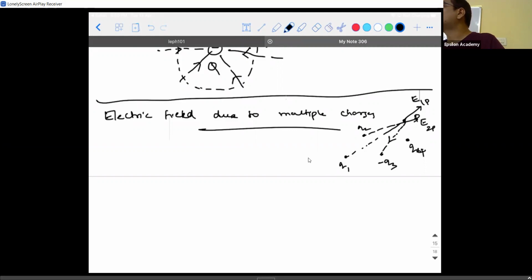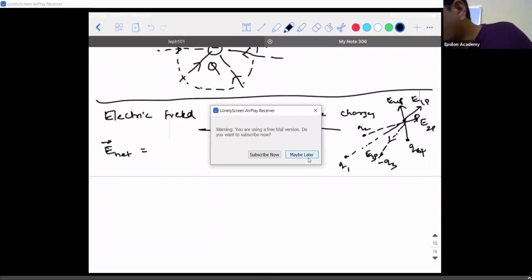That's why we are using vector sum. That is what I was about to show you. So what do I name this? Electric field due to the third charge at point P. So Q4, it is away. E4P. Is it possible for you to add them just like that? No, because they have direction associated. So the net electric field at a particular point is given as the vector sum of the individual electric fields produced by the charges at the point P.